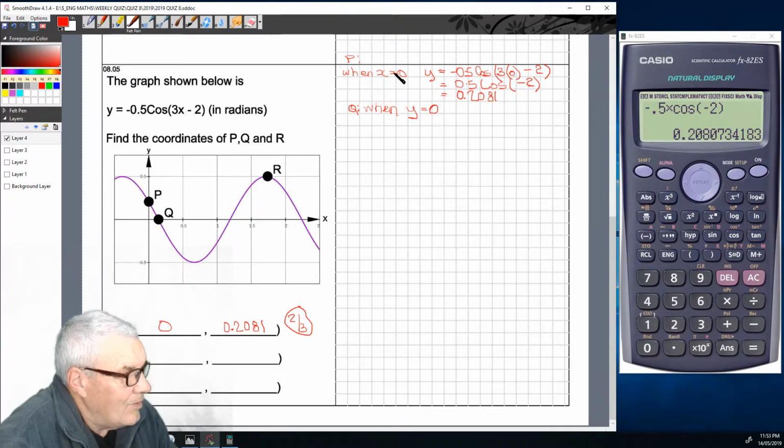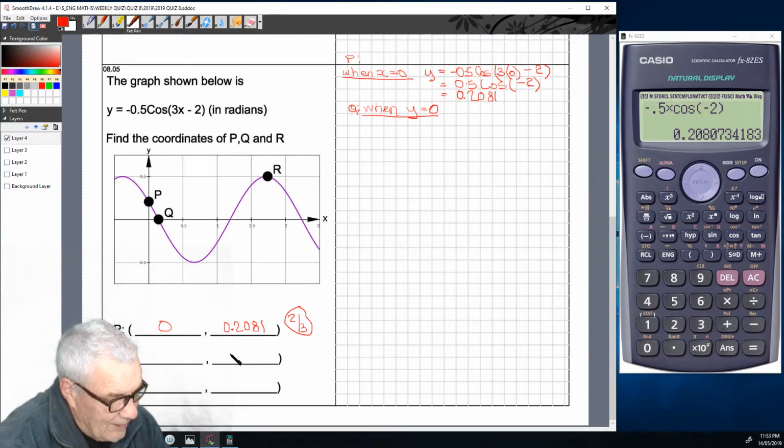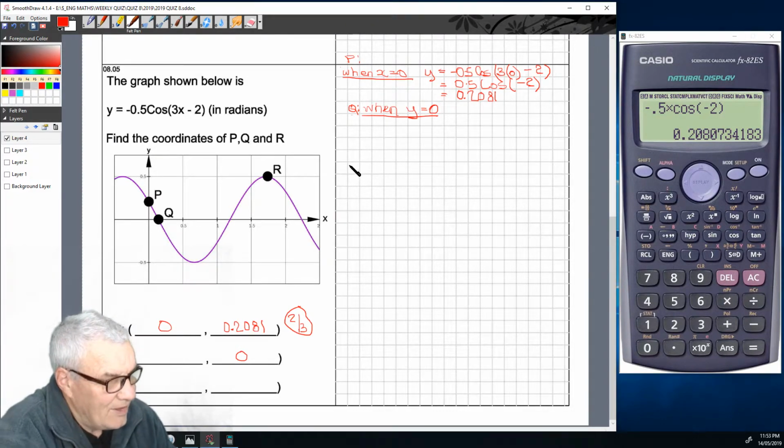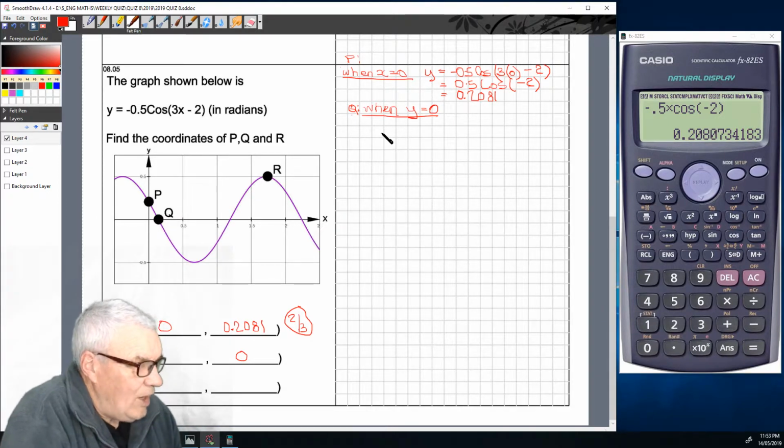So I'll just underline those. So this is when y equals 0. So we could put a 0 here. Now you might get some marks for that. Okay, so when y equals 0,